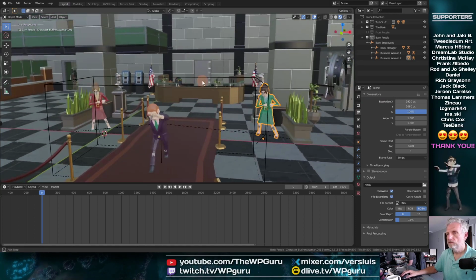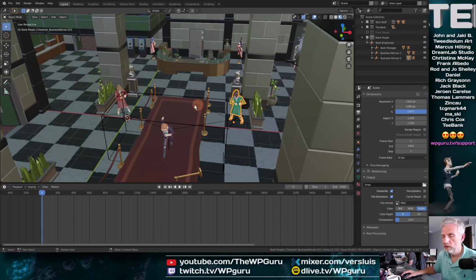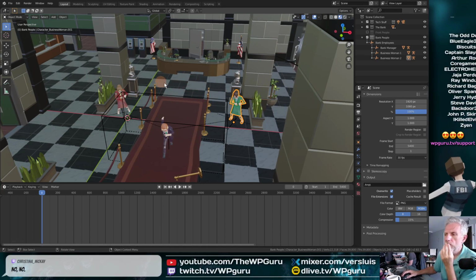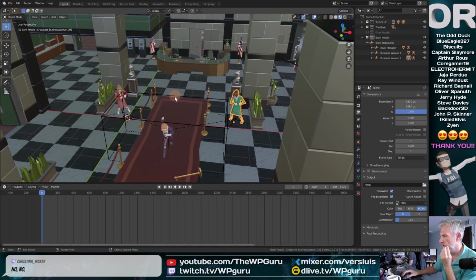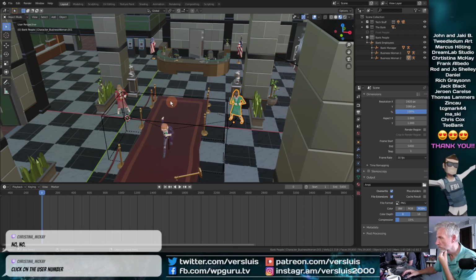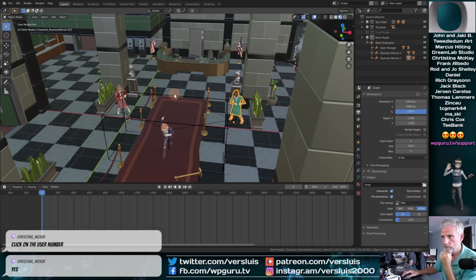Okay, I think if we're spreading this out and making it more of a crowd scene, we should have at least 2 more people dancing behind the man here. Yeah, let's do that.